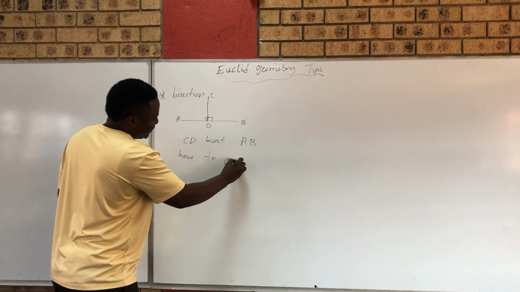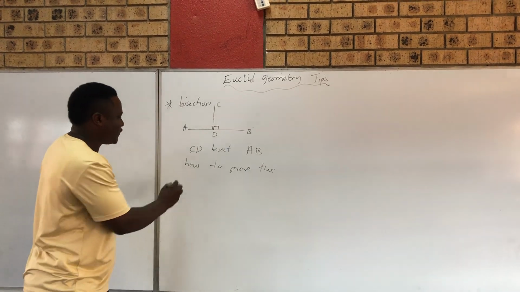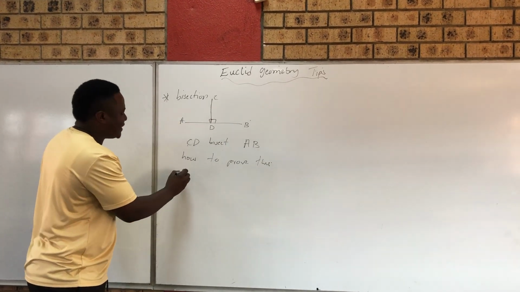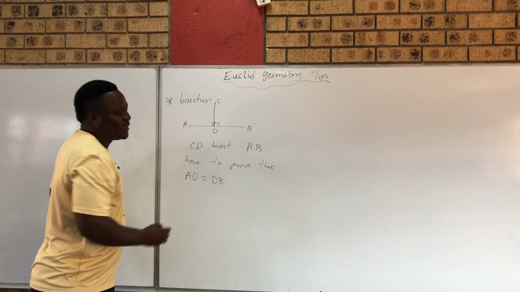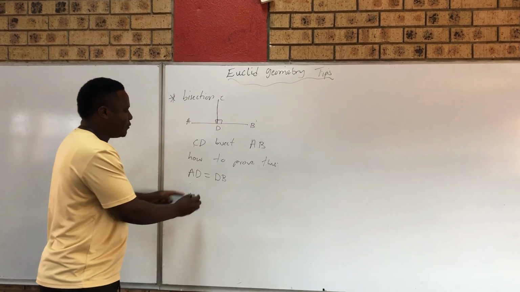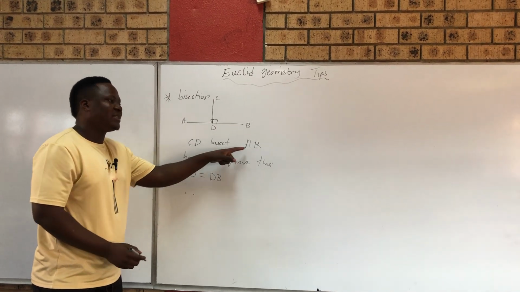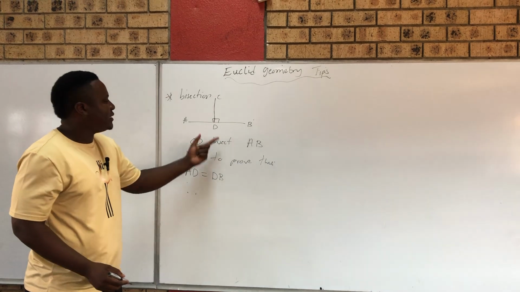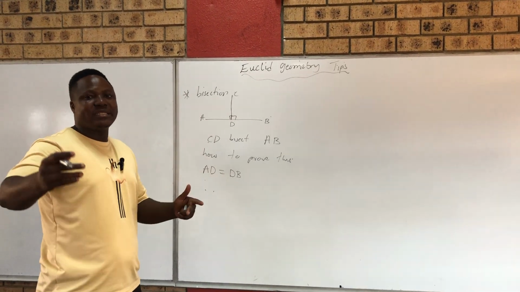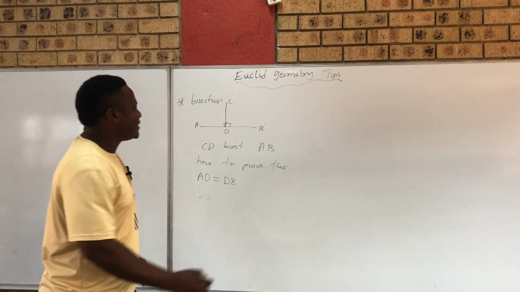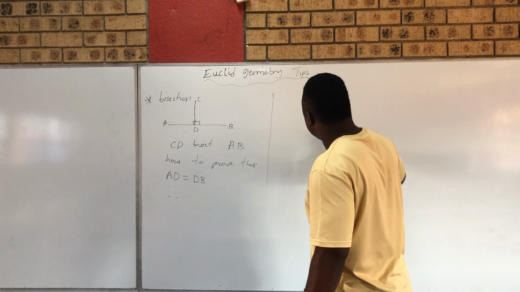How to prove this? Here, you simply have to prove that if you show that AD is equal to DB, then you can conclude and say, therefore, because this is equal to this, then CD bisects AB. This is the kind of situation whereby a line bisects another line. But in situations whereby you have, let's say, an angle,